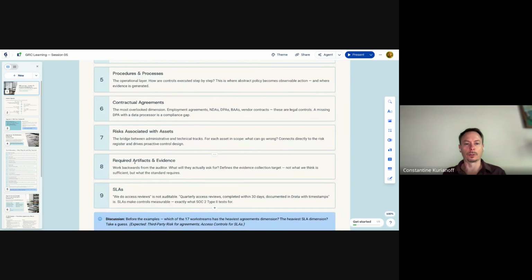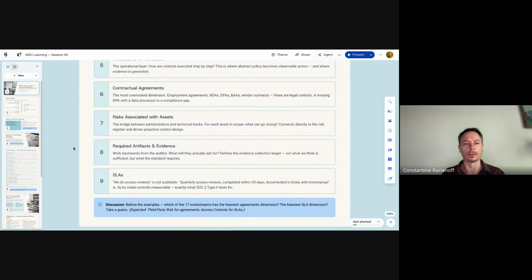Then what are those required artifacts and evidence to ensure compliance? What are those risks? What are those SLAs? This one is a very important dimension.